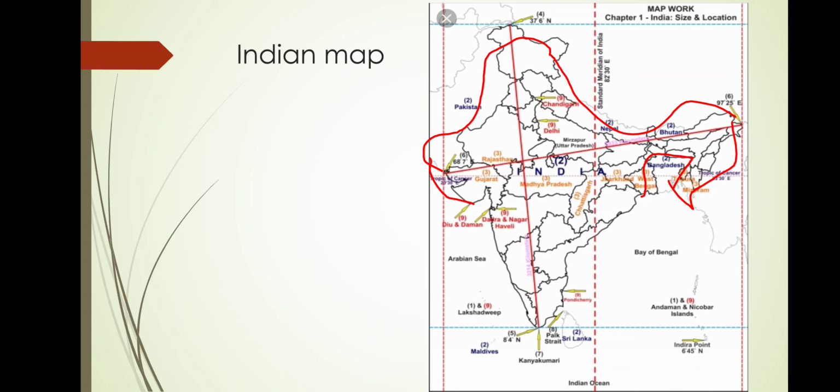If we take Gujarat and Arunachal Pradesh, and in the middle we draw a longitude, that is 82 degree and a half minute east. That line decides the time of the whole country. It is very important to understand that. Otherwise there will be a 2 hour lag, because in Gujarat the longitude which passes is 68 degree 7 minute east, and up to 97 degree 25 minute east there are total